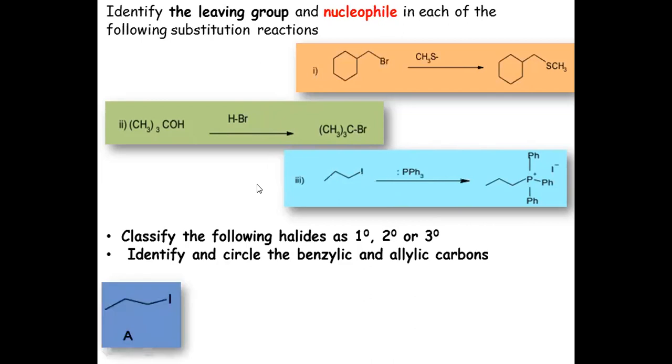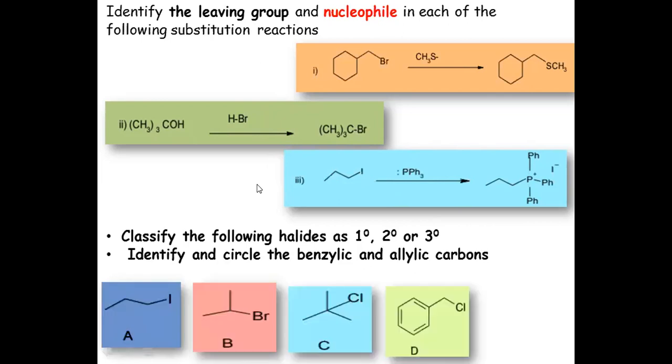As well as we have some molecules, and you're supposed to find out which one is primary, secondary, or tertiary alkyl halide, and identify where benzylic or allylic carbocation will be formed from those molecules, as well as talk about their stability, which one will be the most stable. So I'll wait for some time and we'll answer these questions.